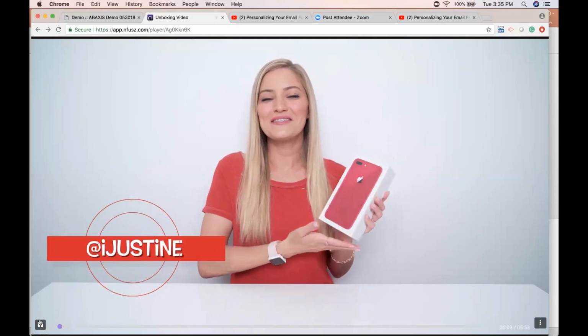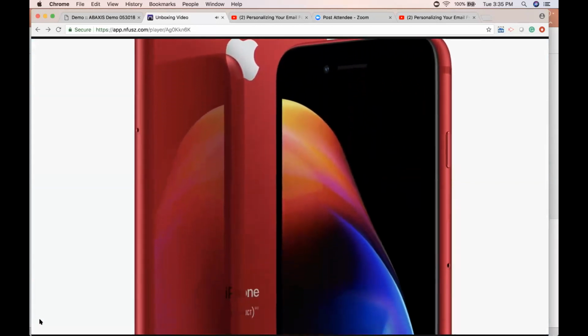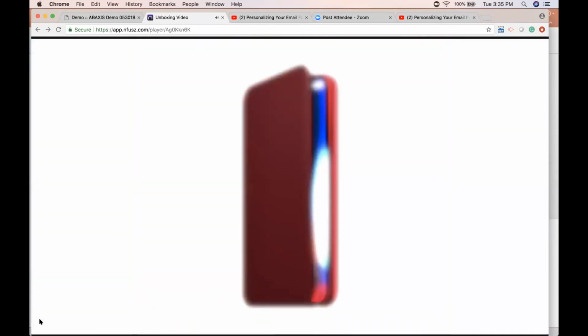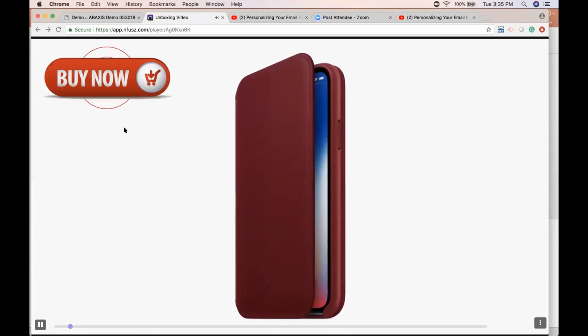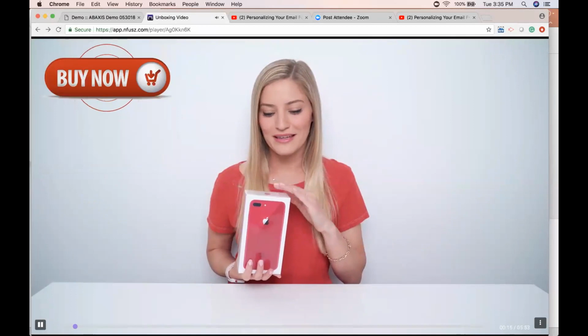Going forward, got the brand new red iPhone 8 Plus. This also comes in the regular sized iPhone 8 version, and they also announced a new red leather folio case. So not only are so many of you guys huge fans of the color red, but the red color that